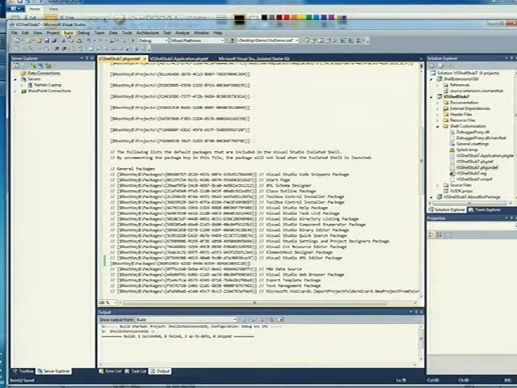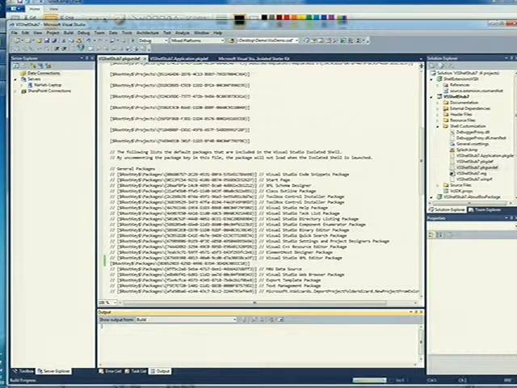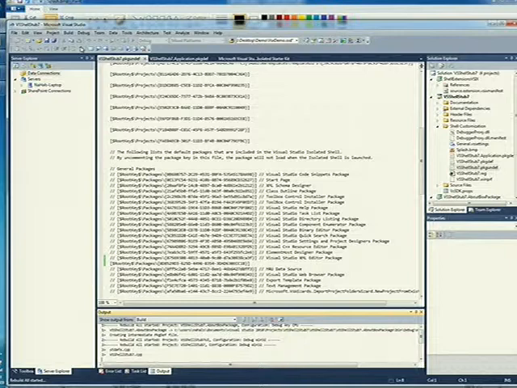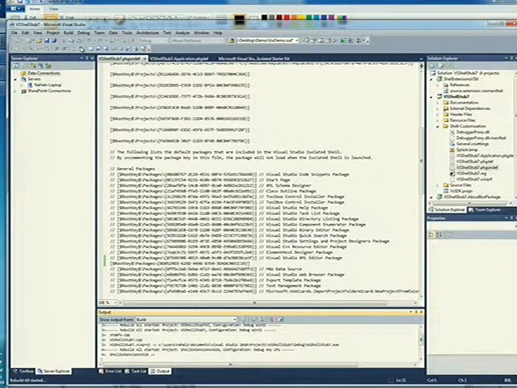And I will just build it again and launch it. And once that happens,